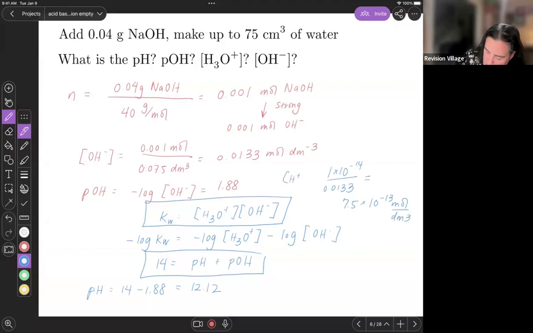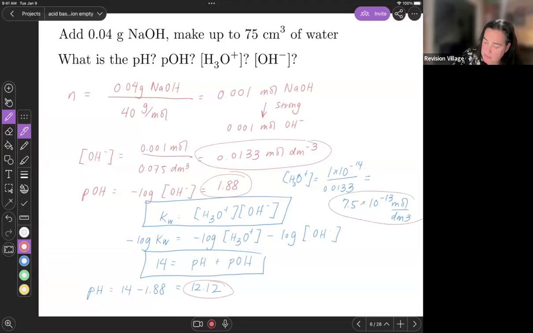Put a label on this so you don't judge me too bad. And I think I did all the things. I think that we found the concentration of hydroxide. I think we found the pOH by taking minus the log of it. I think we said that the sum of the pOH and the pH is 14, so we could figure out the pH is 12.12. And then for the concentration of hydronium, we could take 10 to the minus 12.12, or we could take Kw divided by hydroxide. In either case, we would get this value. So again, just a brief introduction into hydroxide and the pOH,